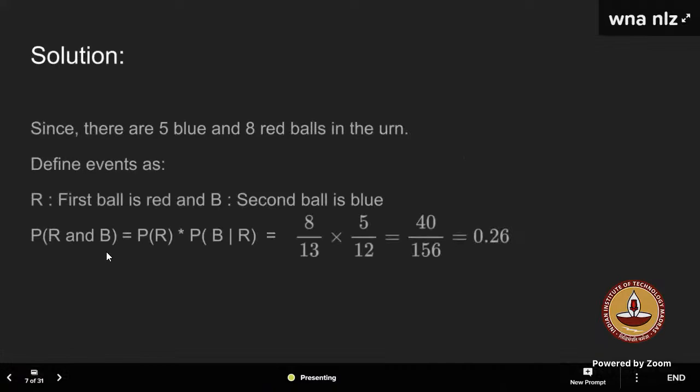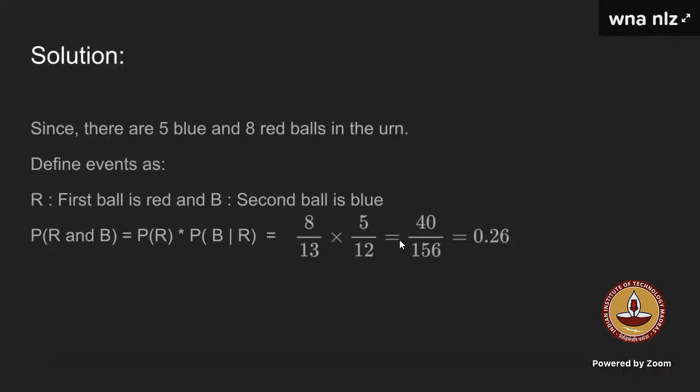So that's why, if it would have been an independent event, then we would have done R intersection B as probability of R into probability of just B. But as these are dependent events, as we are picking up the balls without replacement, according to the formula, it will be probability of R into probability of B given R, right? Anyone, any doubt in this part? No, sir. Okay, so we'll move to the next.